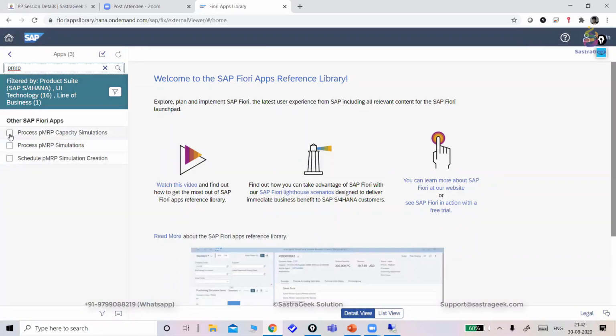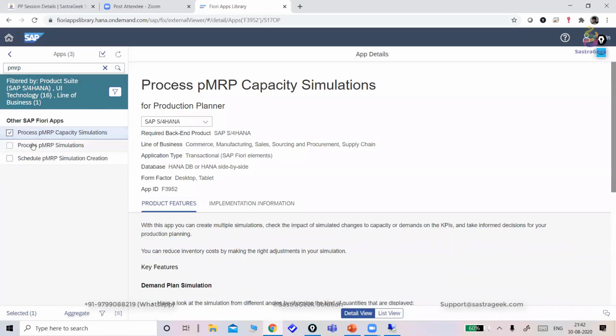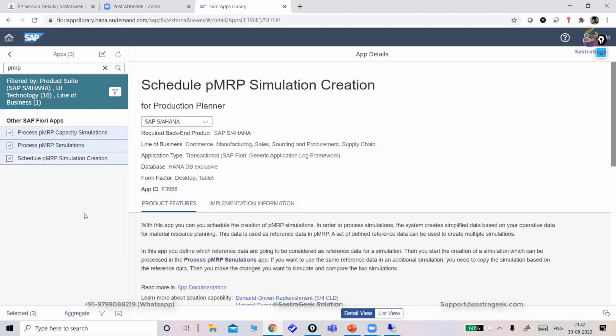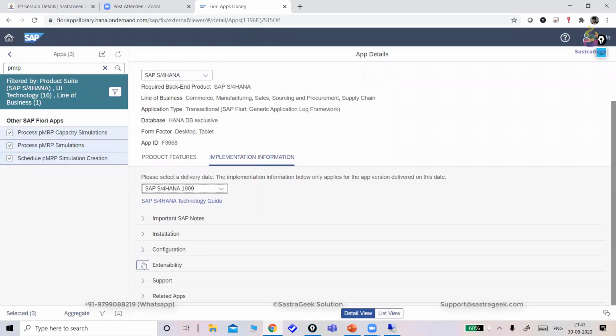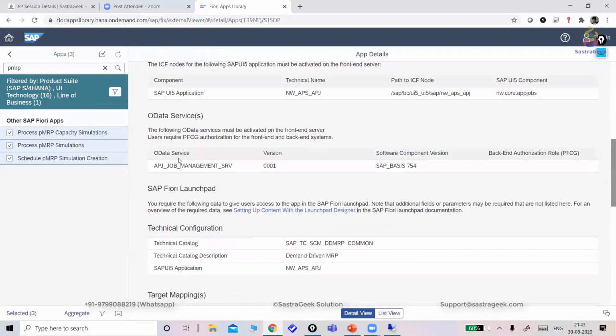See, there are three applications. One is PMRP capacity simulation. The second one is PMRP simulation. And the third one is schedule PMRP. Now you need to have access for that. How to get the access? You need to go to the detailed implementation information. You need to check your version. Your version is 1909. For 1909, you need to find out the OData service and